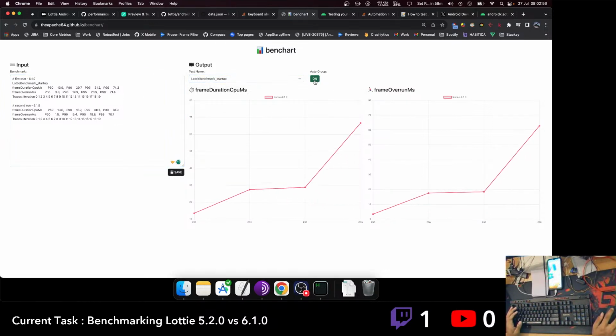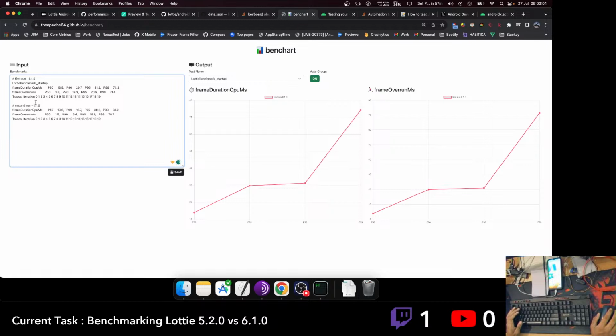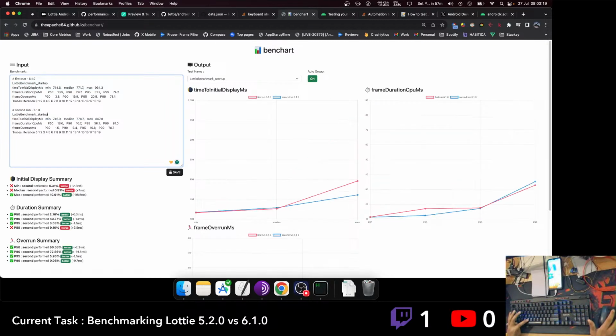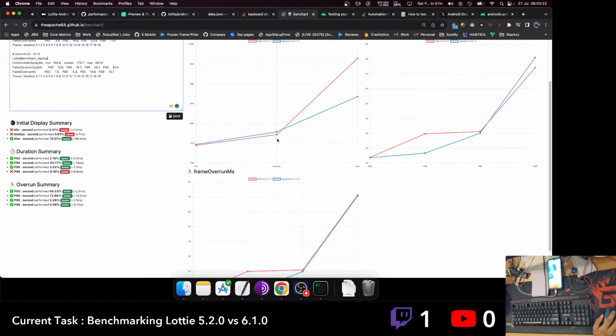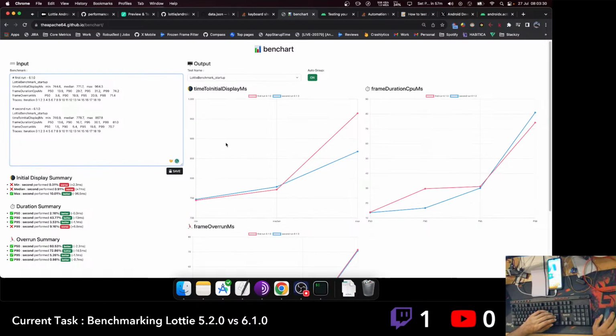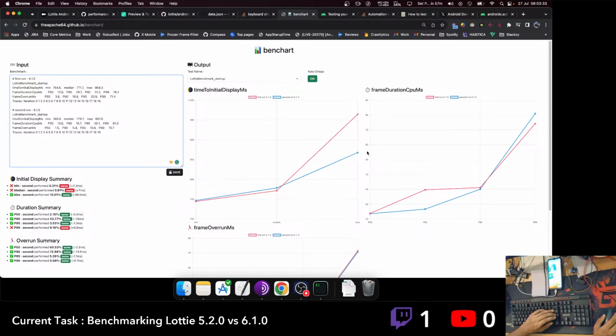Why is auto group not working? Second run. We'll call this. It's happening because this one doesn't have a name, right? And I see some randomness over here. Time to initial display, I think. Initial display, mean median is good. This one,